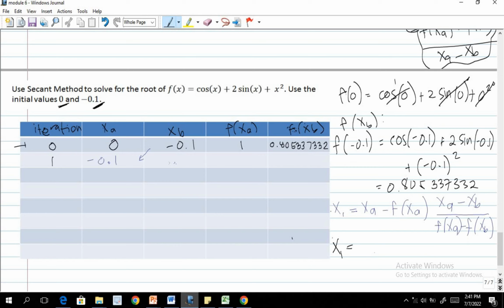So, ito yung values ang gagamitin ko ngayon. Ang xa natin is 0 minus the function of xa, 1. Our xa is 0 minus xb is negative 0.1 divided by the function of xa, that is 1, minus the function of xb,